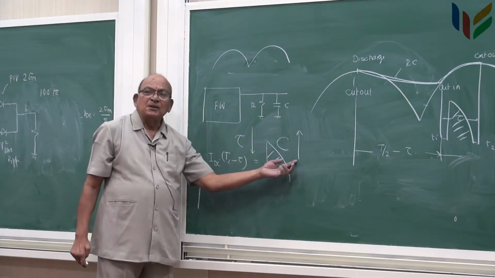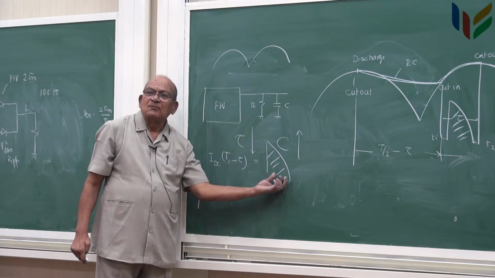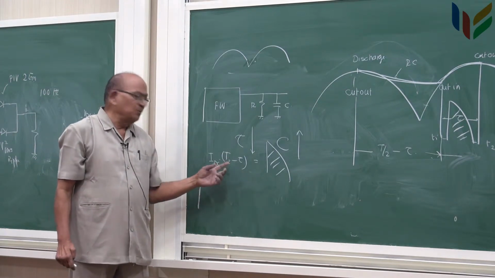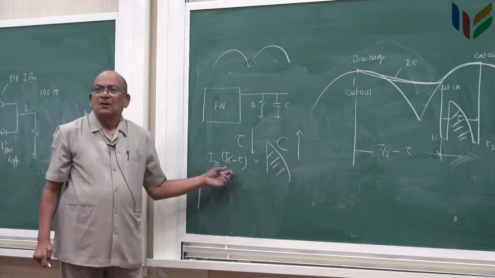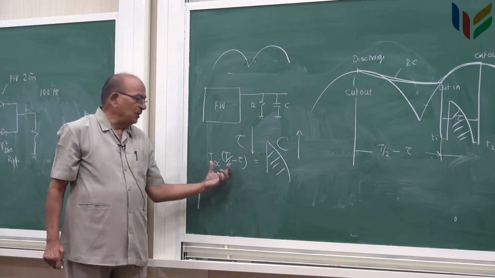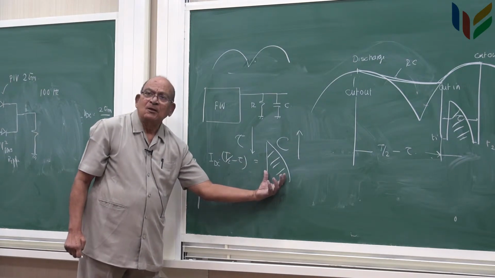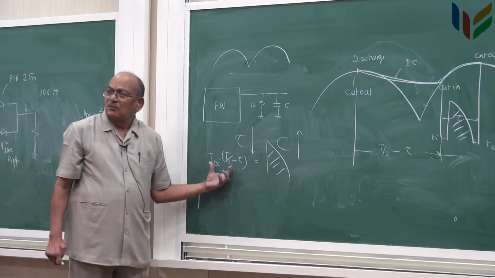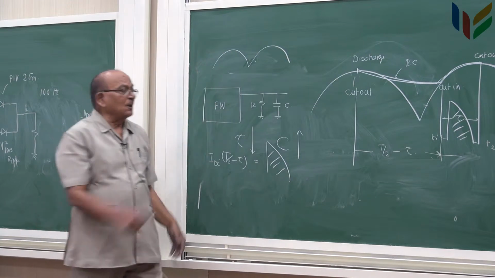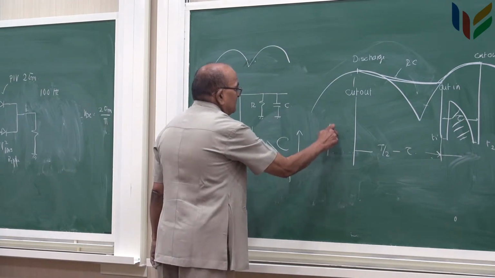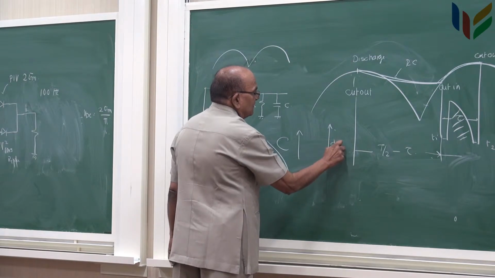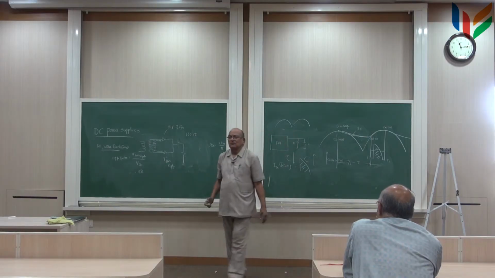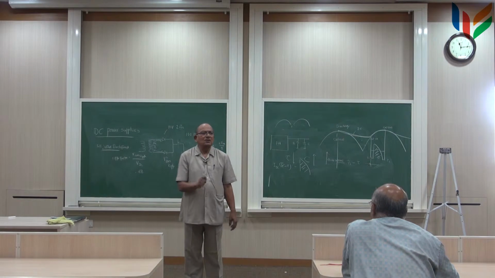If tau decreases as C increases, the ripple decreasing, right? But the value must be almost constant. Tau is negligible compared to T by 2. So this value should be made up by this, and as C goes on increasing, this width goes on decreasing. For the same constant value, this should go up now. So the diode current will go up. Are you understanding this or not?